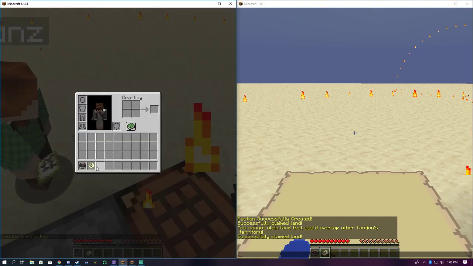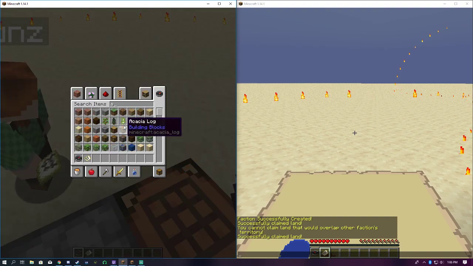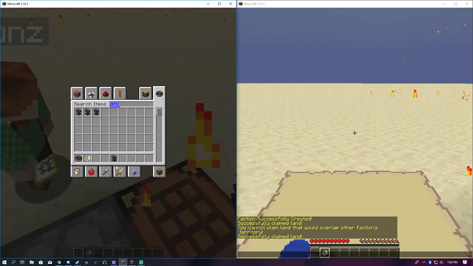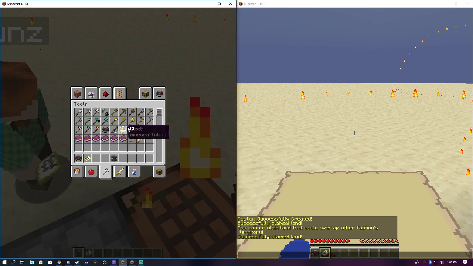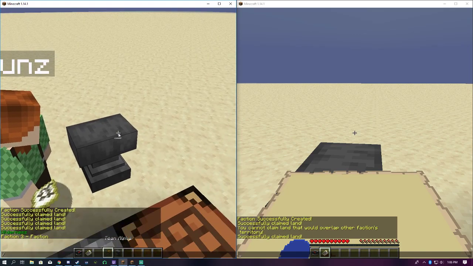You can actually change the faction name. Here, I'll hop in creative just for this. Grab an anvil, then pretty much anything, and you can put the name in right here. You can do, let's see, Team Alpha. Be a cool name. Alright, now I can do /trigger